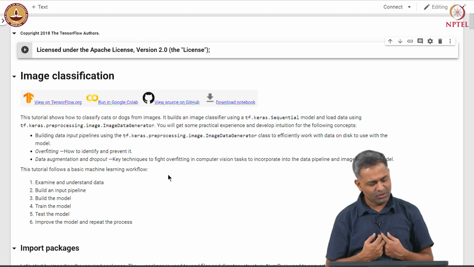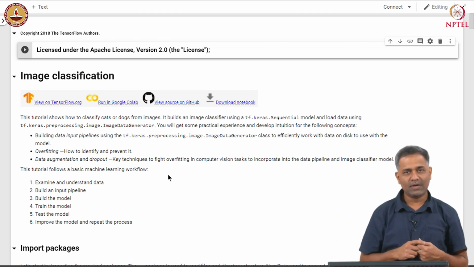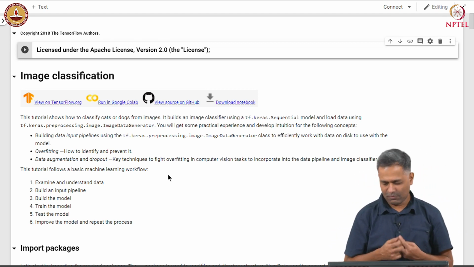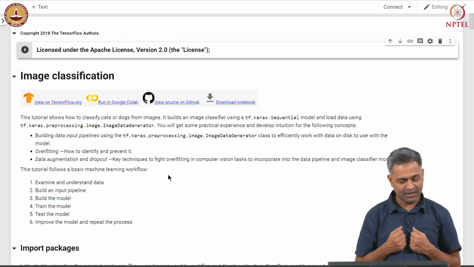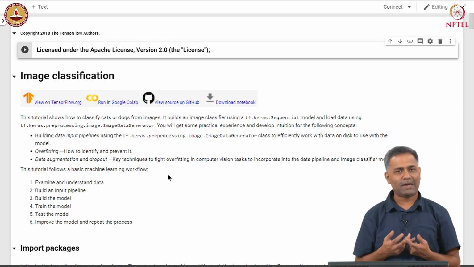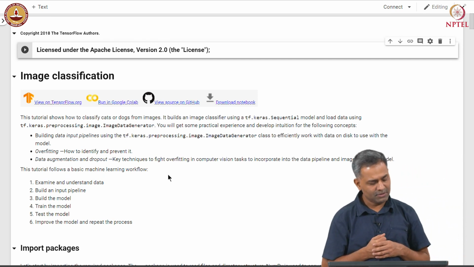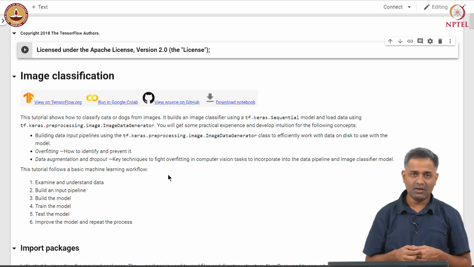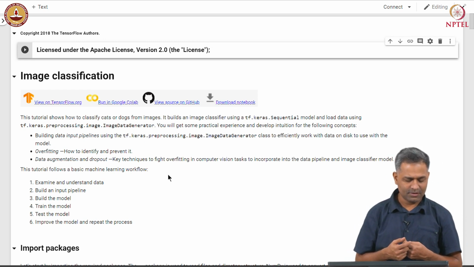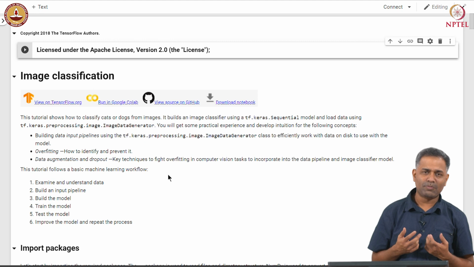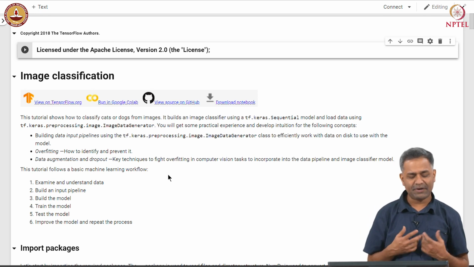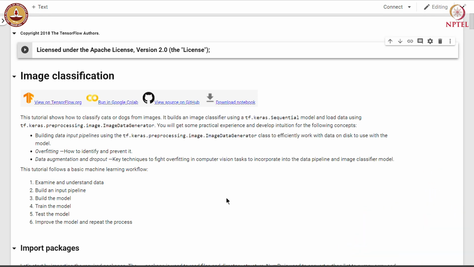So, we will follow a basic machine learning workflow. We will examine and understand the data. We will build the input pipeline to bring the data to the training. We will build a model, then train it, test it, and then we will improve the performance of the model and repeat the process. We will get some practical experience and develop intuitions for building input pipelines for images using